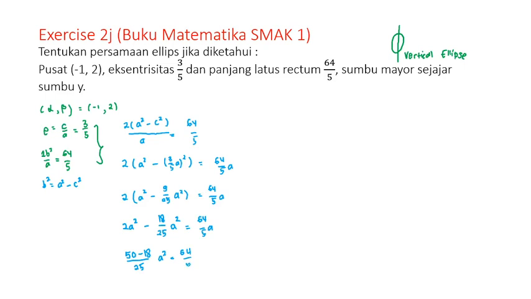Since we don't want the value of a to become 0, we can cross out one of the a there, because a equals 0 is not possible. So you can have 50 minus 18 is 32, a, multiply 25 and 5, so you have